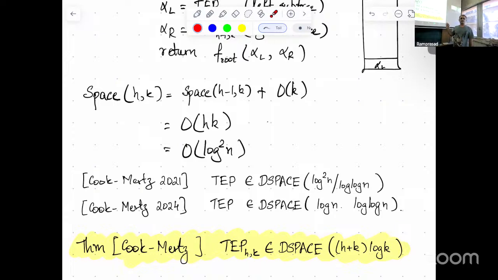Okay, and if you instantiate both h and k as log n, then you get log n log log. Okay, so is the question clear what we are going to try and do? Great. So the algorithm is surprisingly short, and in fact, what I'm going to be doing is a description of